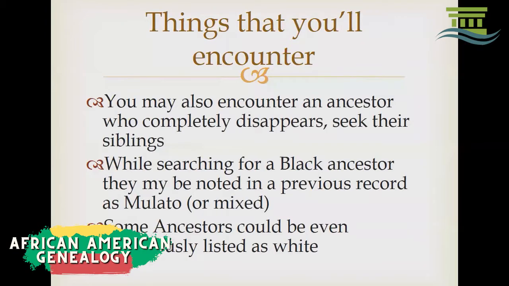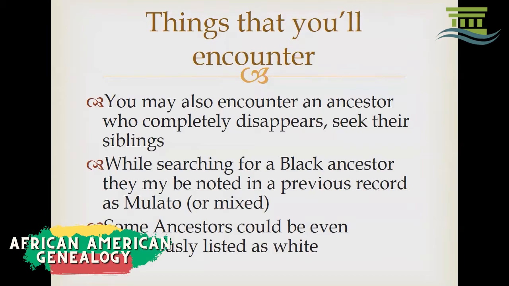Some other things that you may encounter. You may encounter an ancestor that completely disappears. You know for a fact they lived in one spot, they've interacted in that spot, they're homegrown, and suddenly they're gone. For example, James Clardy, he is not on the 1910 census. He's on the 1920 and the 1900, but he's not on that 1910 census. We're going to talk about some other ways of looking. Some of the ways of looking is actually through a telephone directory, which is how I found James Clardy. We'll talk about that here in just a second.